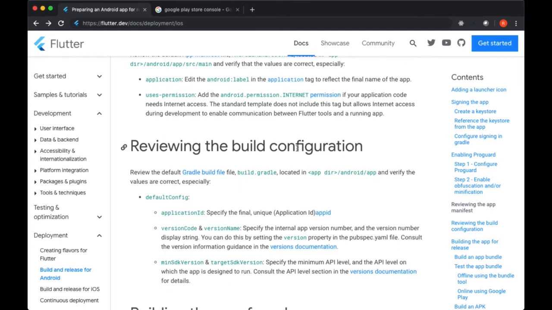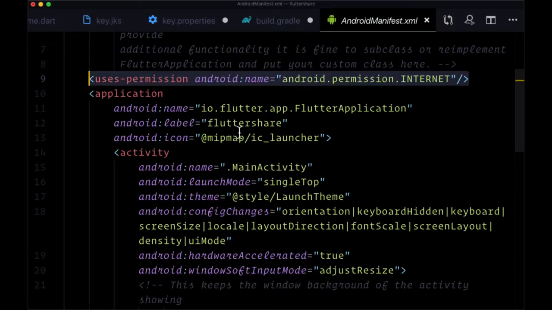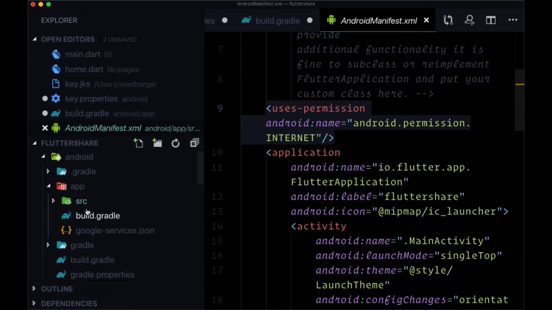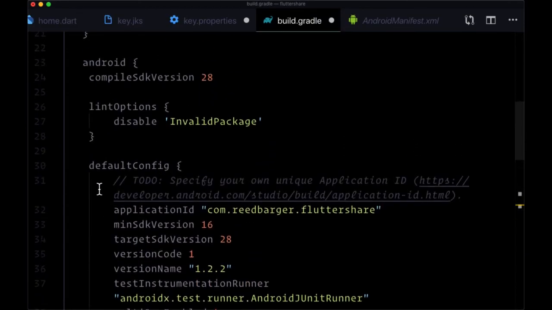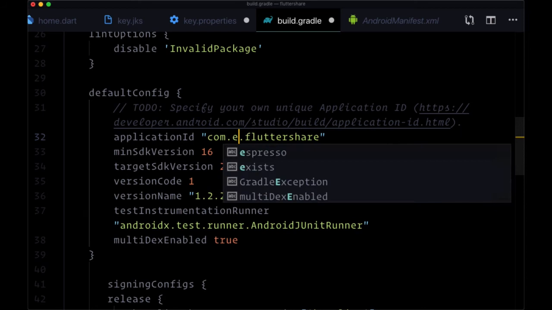Then we need to review the build configuration, and largely we're going to leave it at the values that it currently has. So that's available in android, app, and we've already visited this build.gradle file. So android, app, build.gradle. And we want to review the default config here. We want to make sure, first of all, that our application ID is unique. Don't leave it at